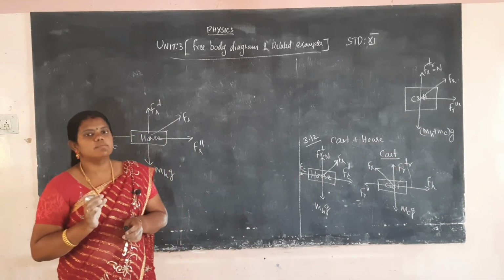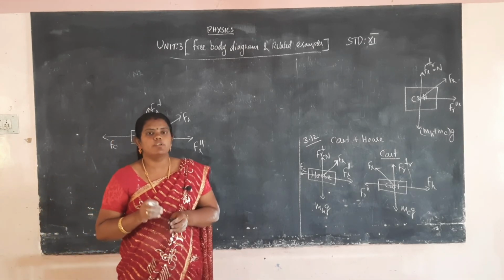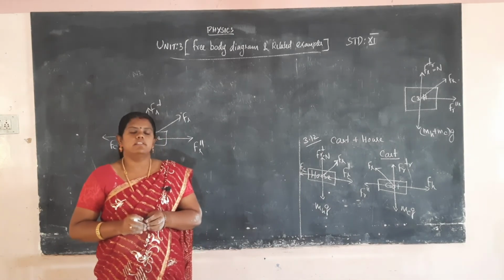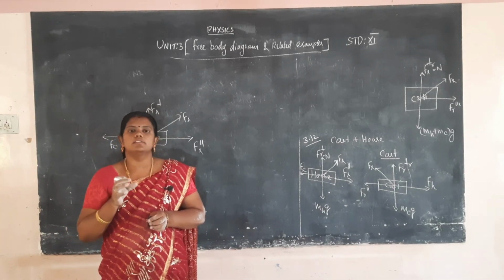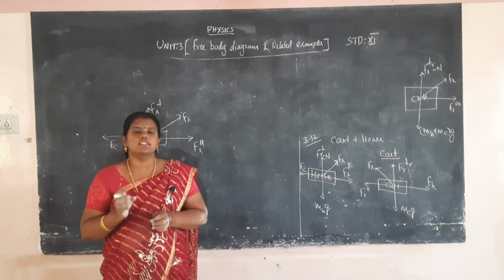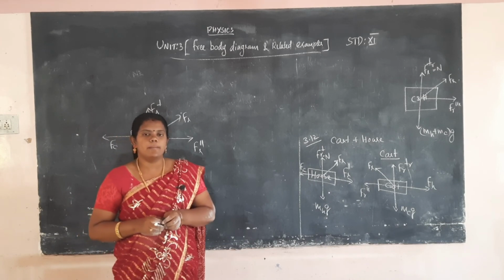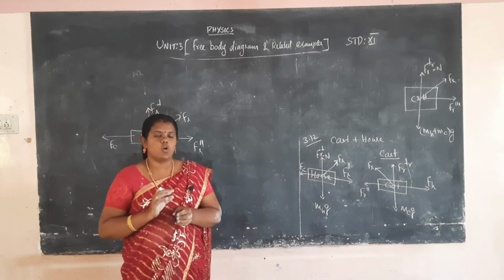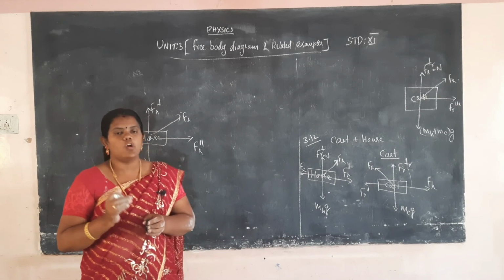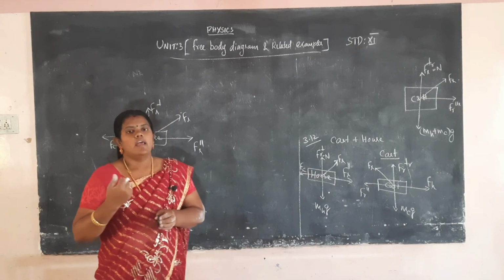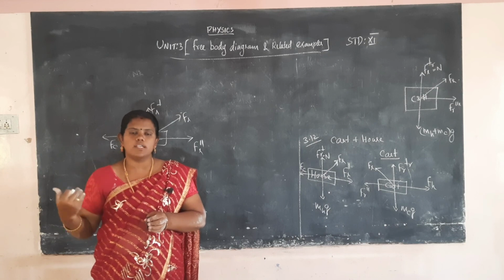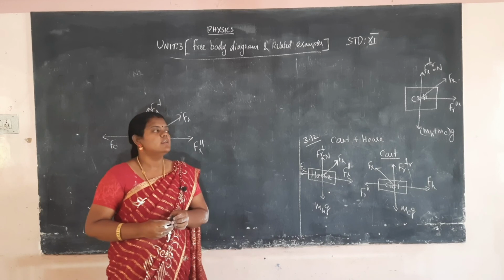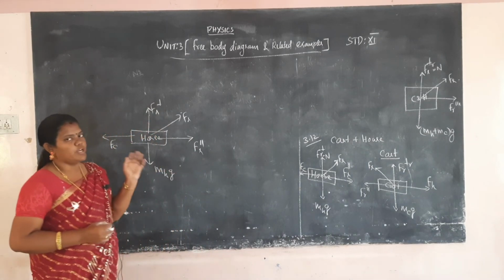For the cart and horse system, first you decide the forces exerted by the body. Then in that phenomenon, Newton's third law is not applicable, Newton's second law is applicable. Newton's third law would mean the cart and horse give opposite forces that cancel each other, which is not possible. So we apply Newton's second law to this phenomenon. The horse gives a force on the cart, the horse moves forward, and the cart also moves forward. This is the way we have discussed the free body diagram.